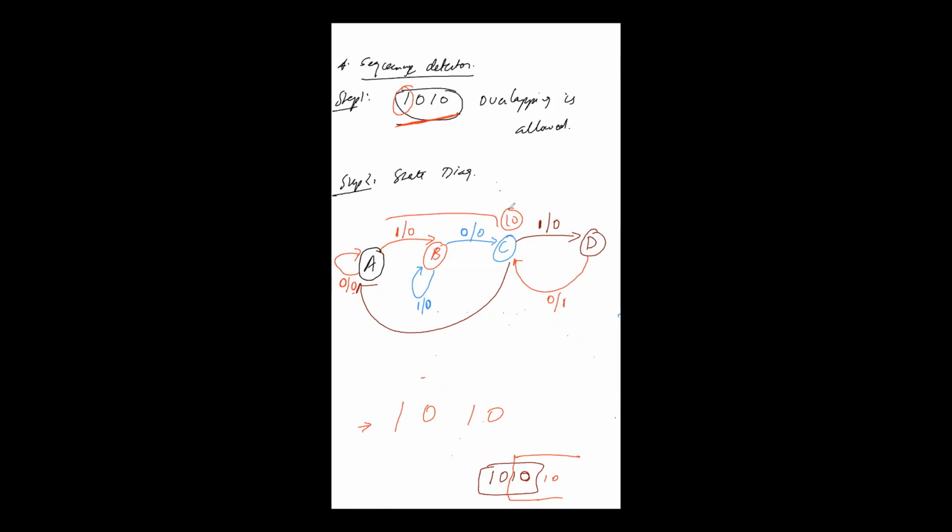I hope this is making sense. And if you are giving input 0, you are getting output 1. It is also possible that at state D, up to state D, you are getting 1 0 1, and instead of 0, you are getting 1 again, right? So this is not your sequence, because you want to get 1 0 1 0, and what sequence you are getting is 1 0 1 1. So what you can do is you can use this bit.